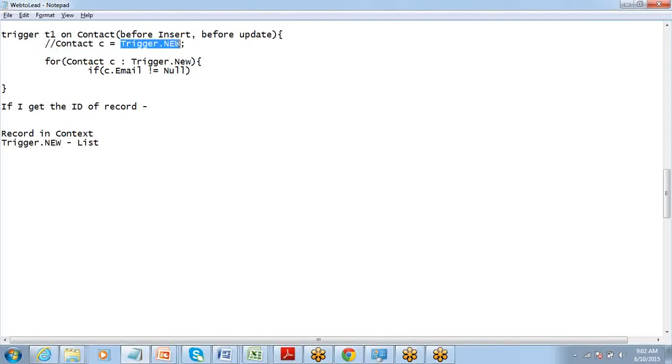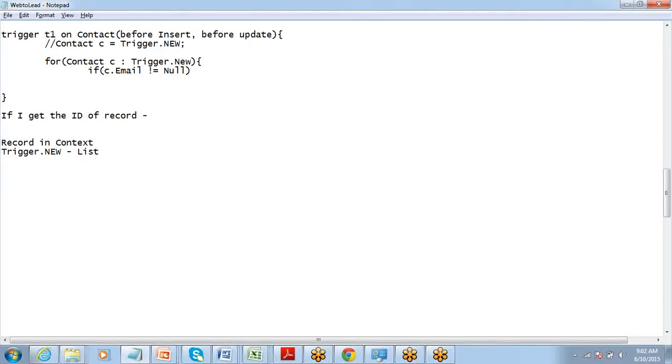Secondly, if I don't use a for loop, it will just run for the first record. I put it into a for loop and then it runs for the entire list of records. Got it? That's how it is. As simple as this.